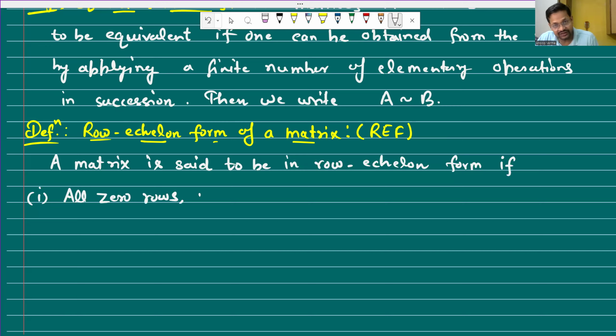So zero rows, if any, are at the bottom of the matrix।